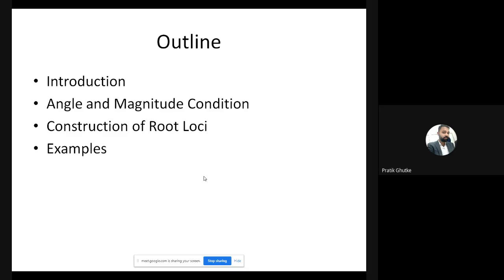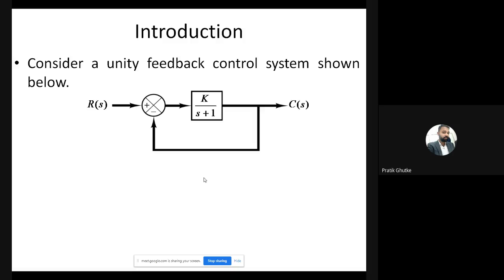of this root locus. So what will be the outline of the presentation today? First of all, the introduction, then the conditions which we have to study, that is the angle and magnitude condition, construction of the root locus, and examples related to that. Okay. So, introduction: consider a unity feedback system as shown in the figure, which has an input R(s),